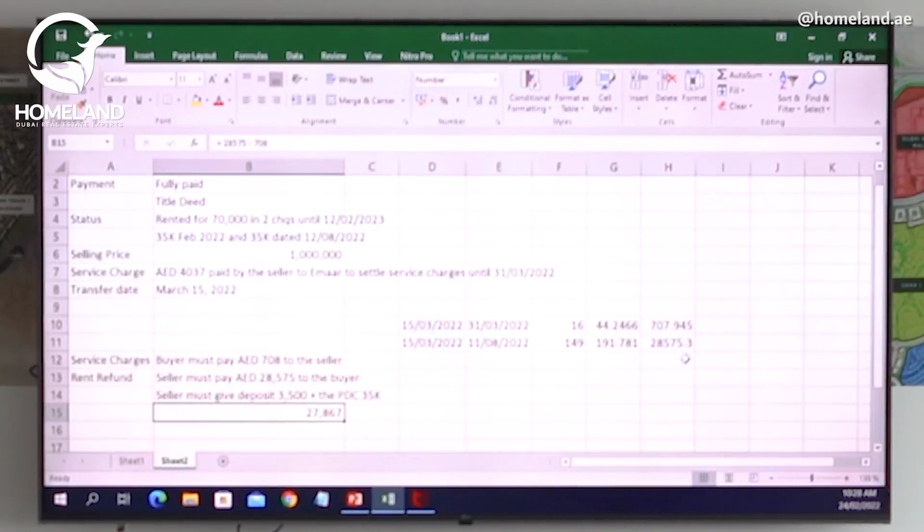This is your new tenancy contract with the same terms and conditions, just a different name. Please sign it. This is your copy. This is my copy. And this is your PDC or PDCs, whatever was balanced. Please get it back. Give me new one in name of the new owner. All your terms and conditions will remain the same. Nothing has changed. Whatever you had agreed in writing with the previous